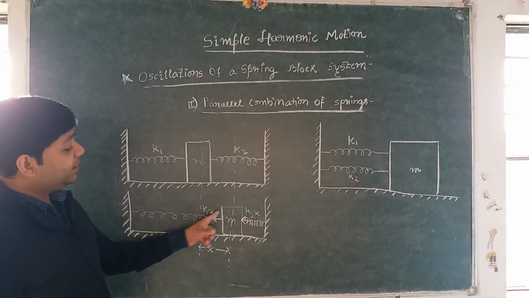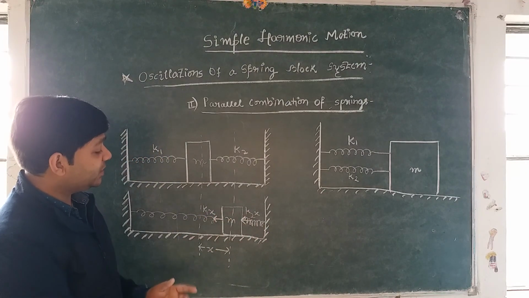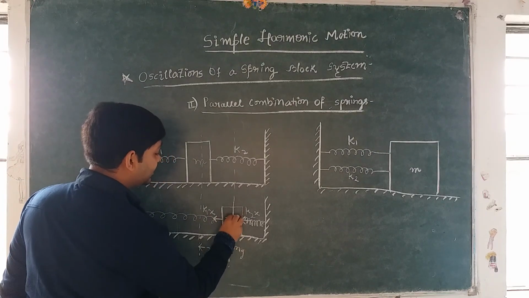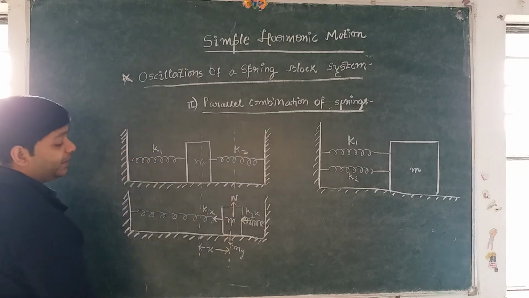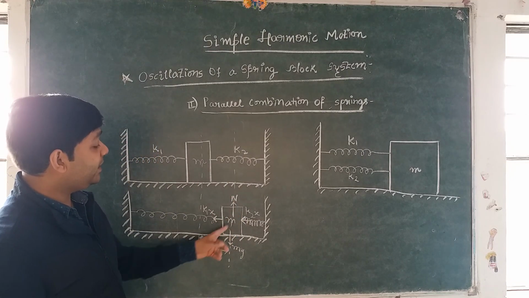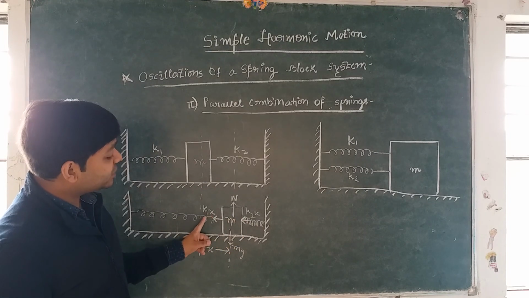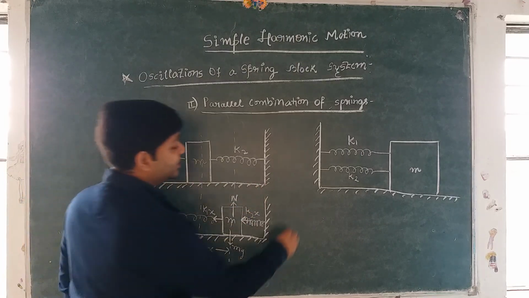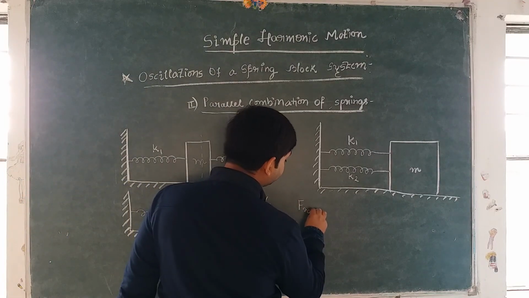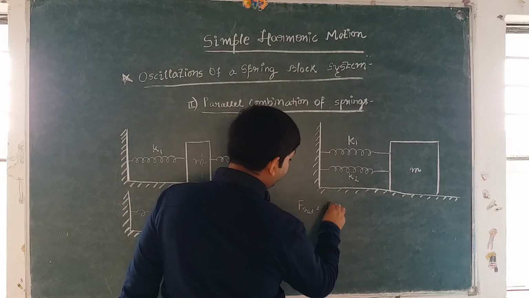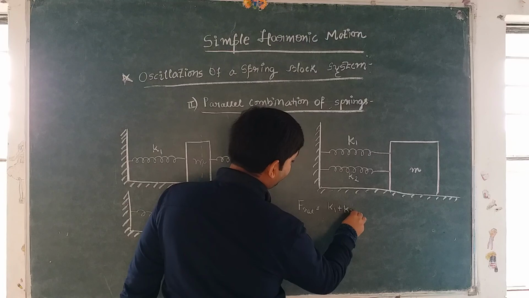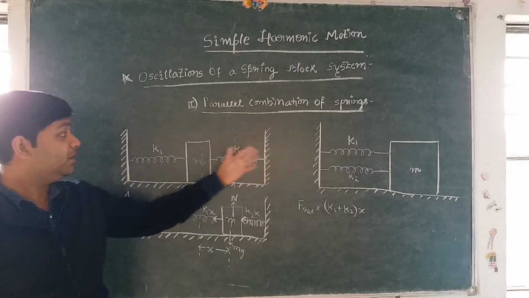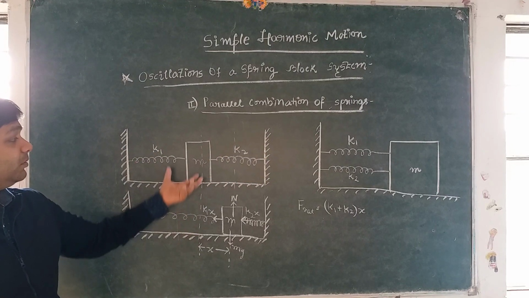So you can see that there are two forces in the horizontal direction. The vertical forces will cancel out if we draw the FBD. This is mg and this is the normal reaction, which are the same and cancel out or balance each other, right? And in the horizontal direction, there are two forces k1x and k2x which are both acting in the same direction. So F net will be equal to k1x plus k2x. So it will be (k1 plus k2) into x. And now the derivation proceeds in the same manner as we have done for this. So this is one more representation, and now you can replace the two